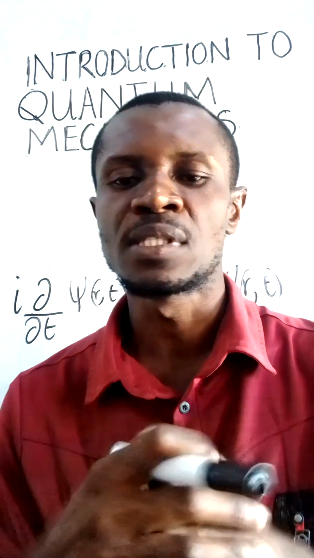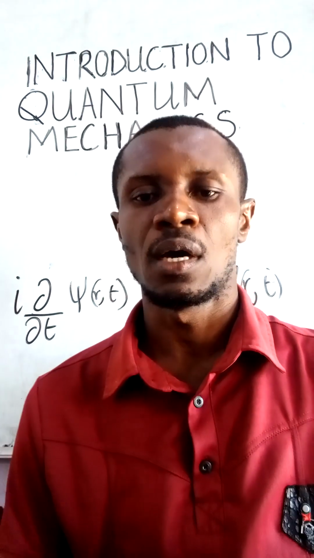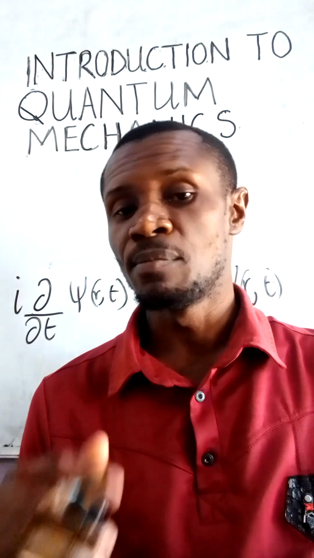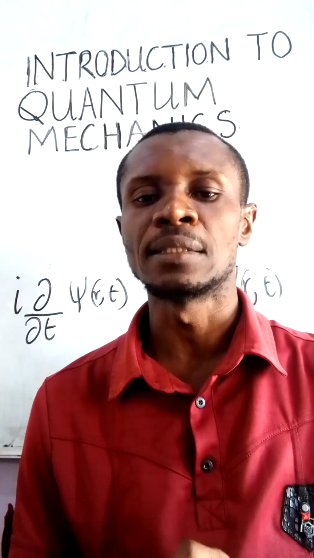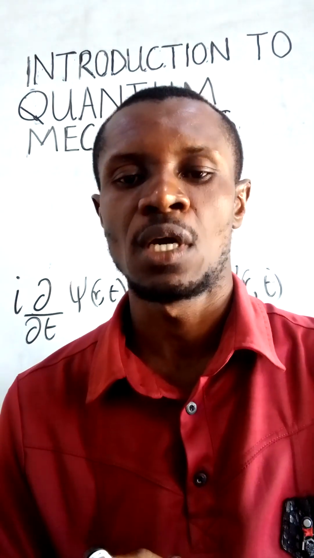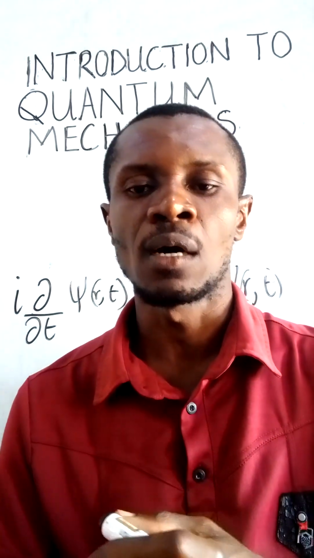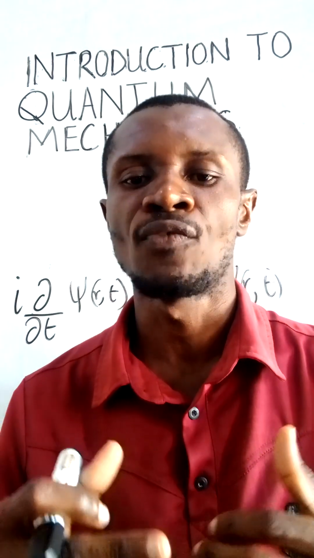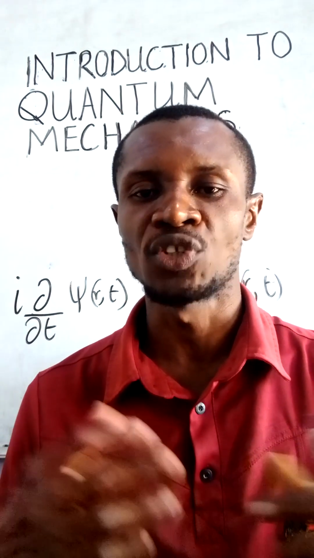Now, there are several interpretations of quantum mechanics. Notable among them is the Copenhagen interpretation. We have the many-worlds interpretation of Everett. Now, the Copenhagen interpretation is attributed to Niels Bohr and Werner Heisenberg. We have other interpretations such as the quantum logic, the von Neumann interpretation, the relational quantum mechanics, the hidden variable interpretation, and so forth. Now, some of these interpretations are quite contradictory to each other.